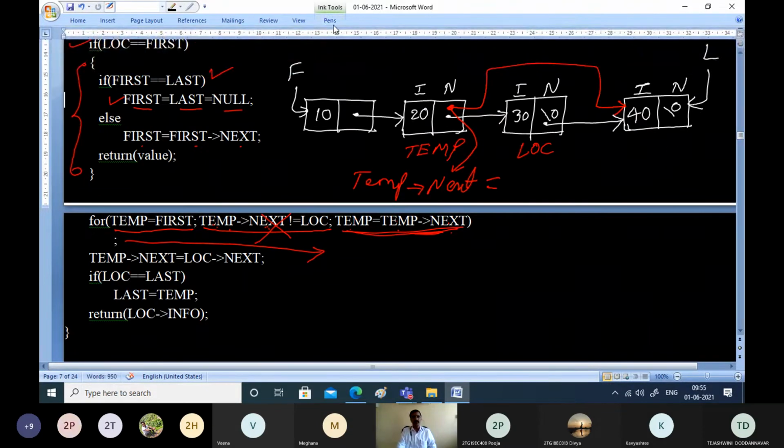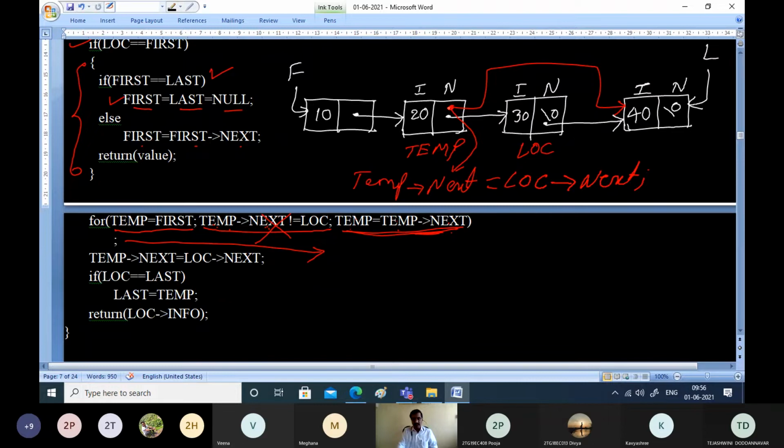I'll erase this so that you will not get confused. How can I obtain this node? This node is nothing but the next node of the node which we want to delete. So how can I obtain this? This is nothing but location pointer next. That means location pointer next is assigned to temp pointer next.